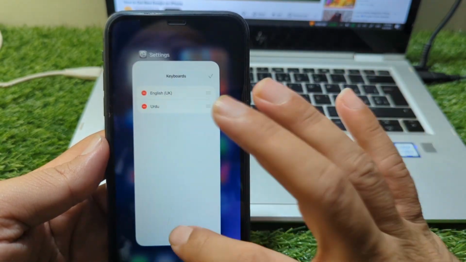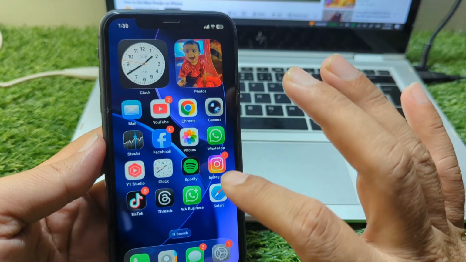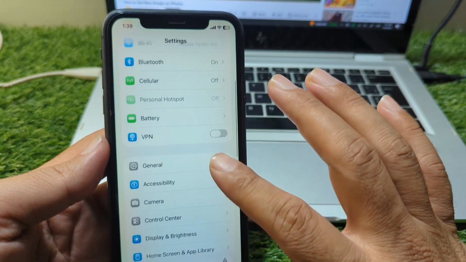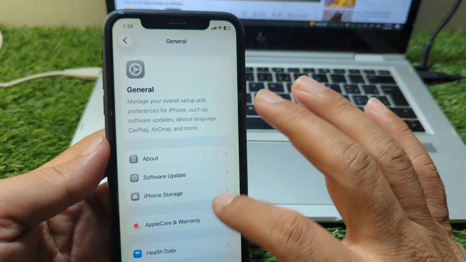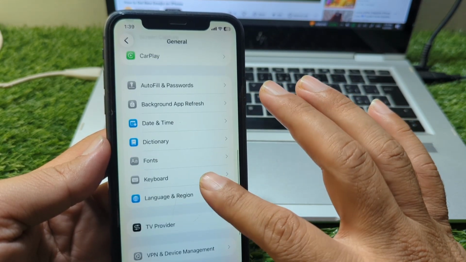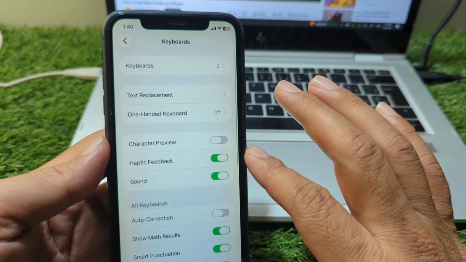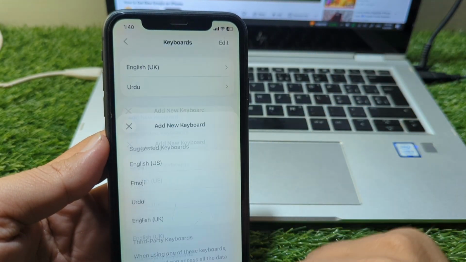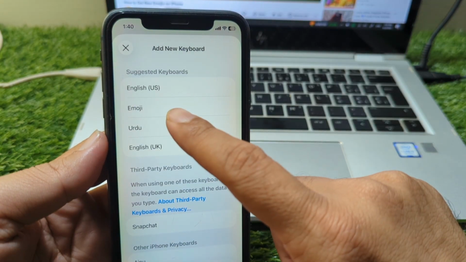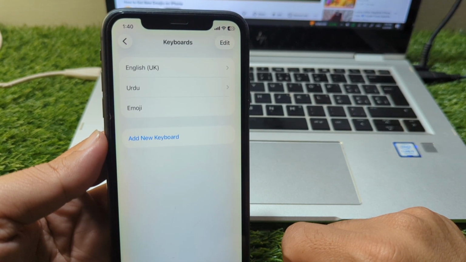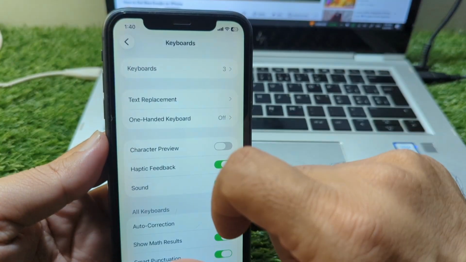So guys, first of all you have to simply go back to your home screen, and now you have to open settings on your device, and then scroll down and go to general, and from here scroll down and go to keyboard, and from here go to keyboards again and tap on add new keyboard, and from here select emojis. So guys, simply select emoji and add emoji to your keyboard, and after this go back,